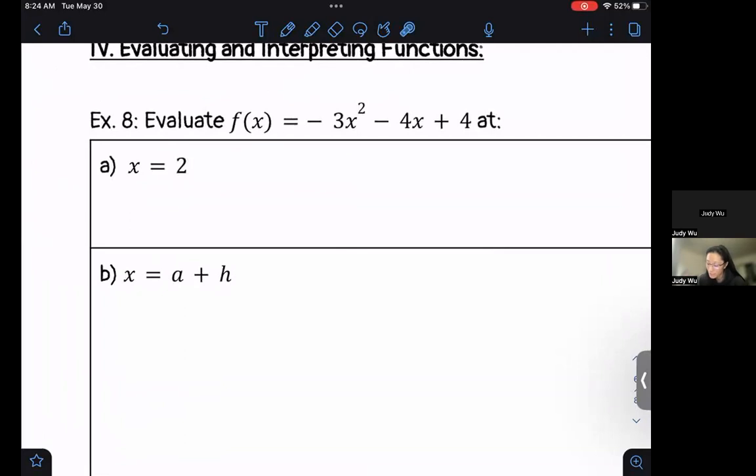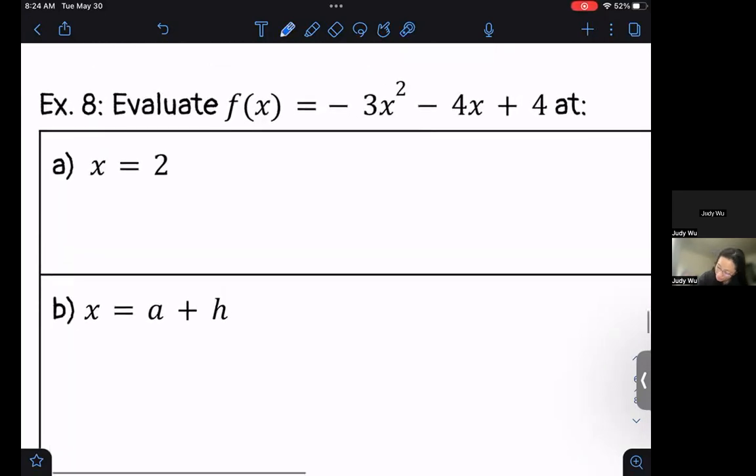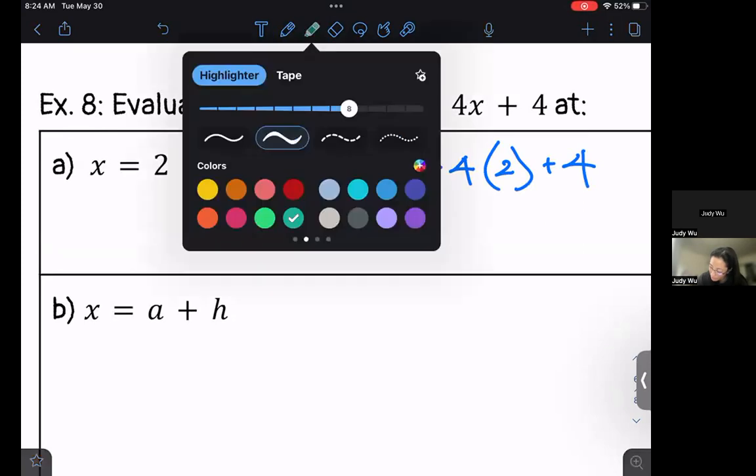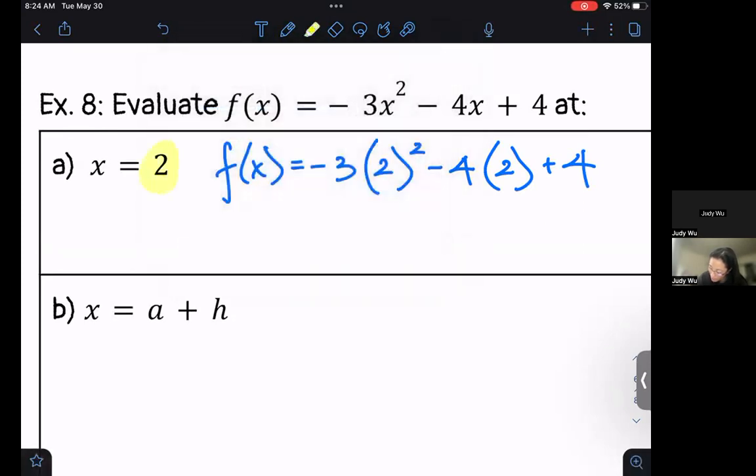It says evaluate f of x equals negative 3x squared minus 4x plus 4 at some specific x values. And so let's start here with x equals 2, right? All right, so at x equals 2, we've got f of x equals negative 3 times 2 squared minus 4 times 2 plus 4. All right, so all I've done here is gone ahead and taken this 2. Oops, this should say 2. All right, plugged in a 2